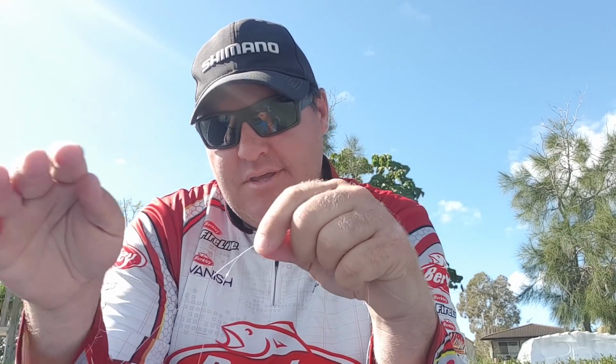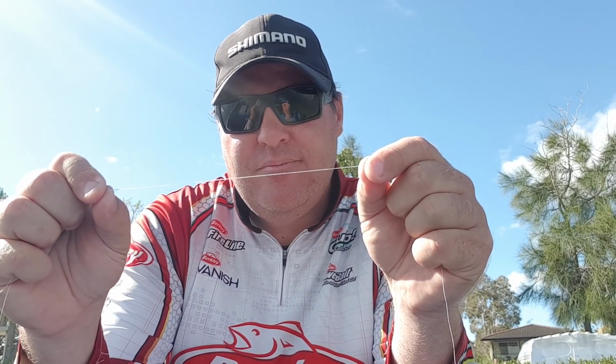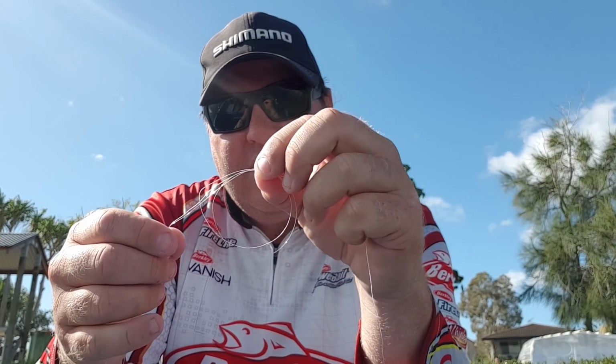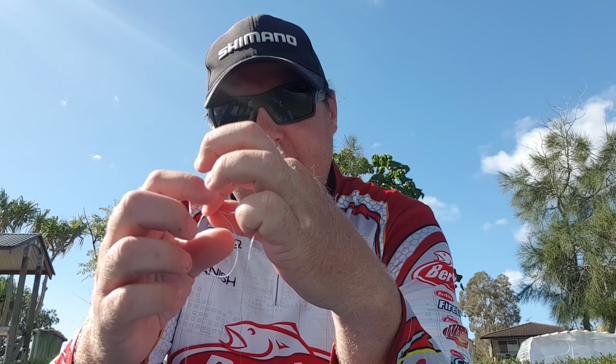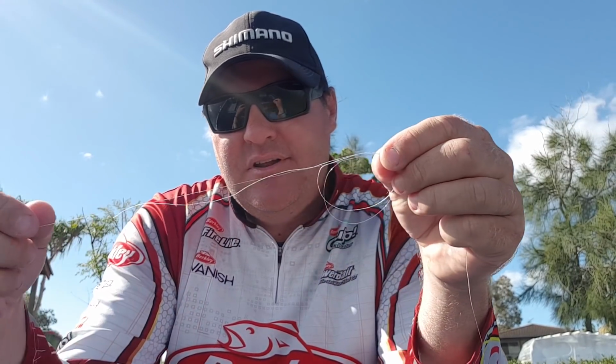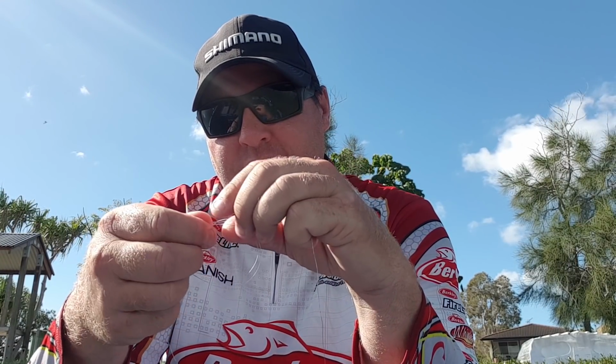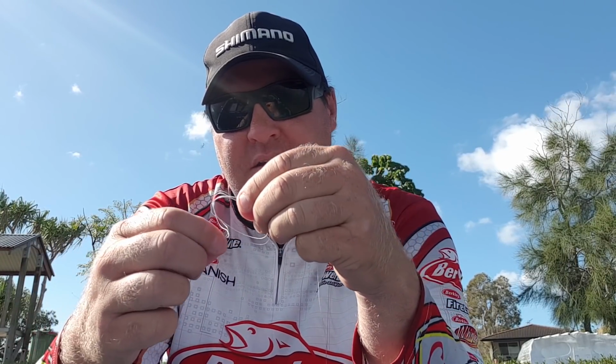And what you do is you pull them both together, so they're both there like that. Pull them, double them up, do a loop. The trick is to hold that like that. So here is your tag for your leader, and that's your braid, okay? And then you've got your leader here, and that's your tag for your braid. So what you want to try and do is put your leader and your tag of your braid through that